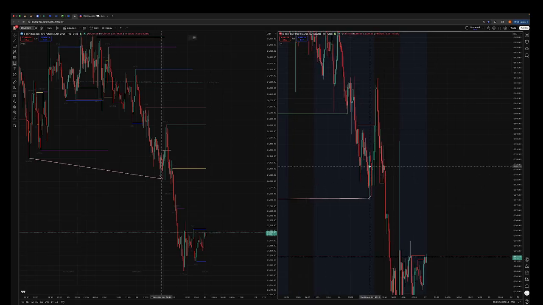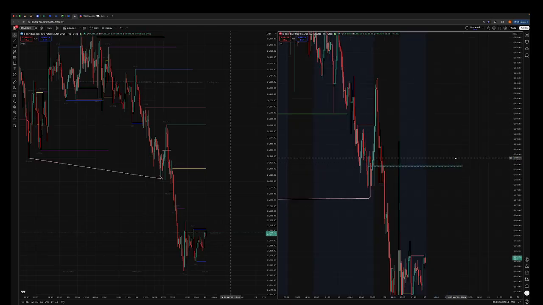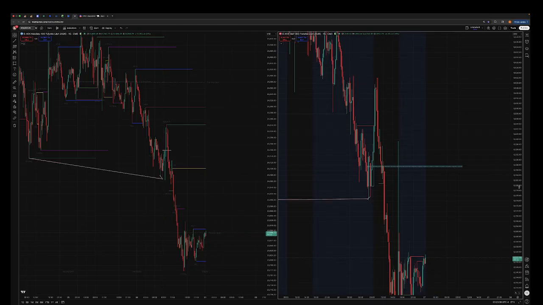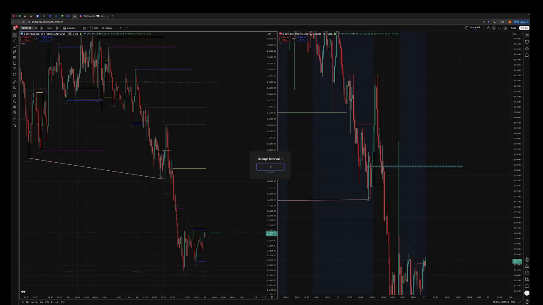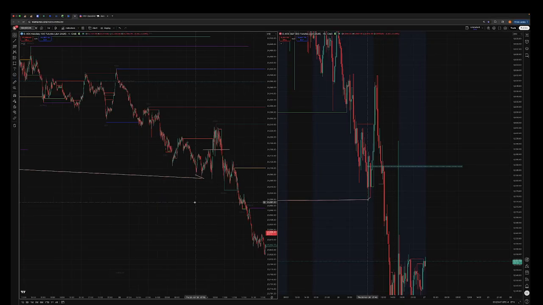So we have this S&T. Now the condition for me is this 15-minute gap holding on ES. If this 15-minute gap holds, boom, we can long. If it gets smashed through, then boom, we can't long. So that's pretty much it. Going into market open,